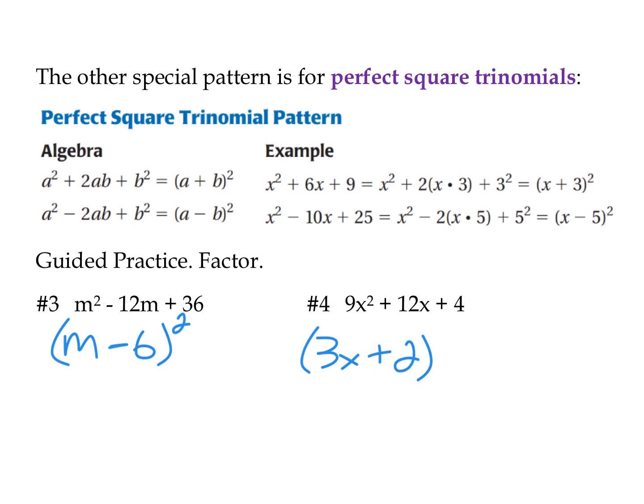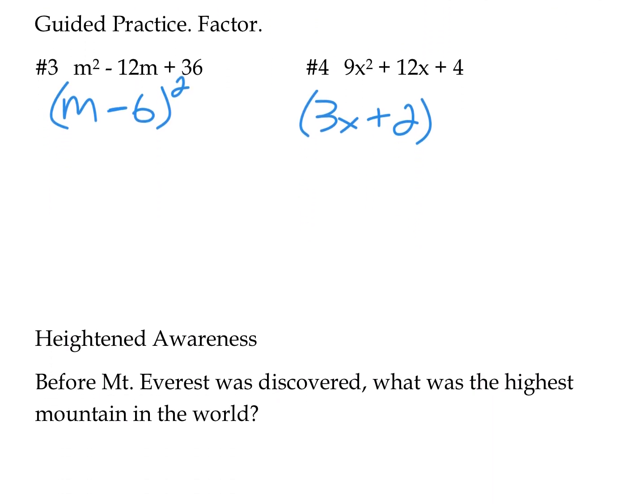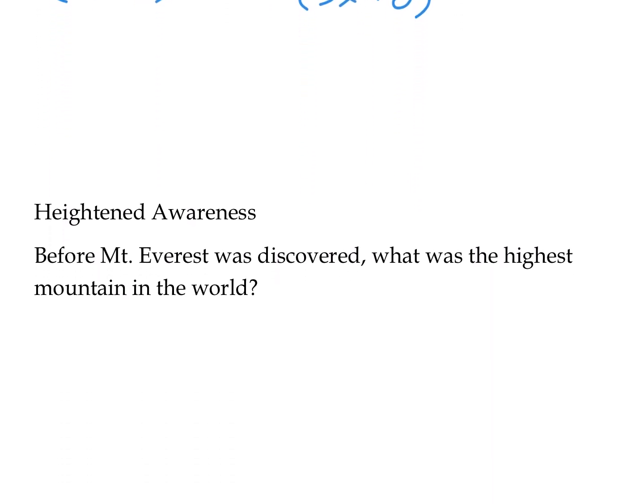Okay, we want to recognize these patterns. We've been multiplying these to get the product right here. Now we want to take this and find the factors. The factors are, if I multiplied this together, I would get back to my original quantity, my original, in this case, polynomial. All right. We're going to see some more examples as well, but before we do,